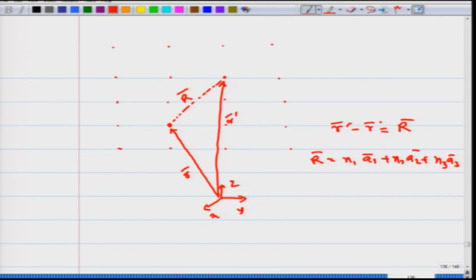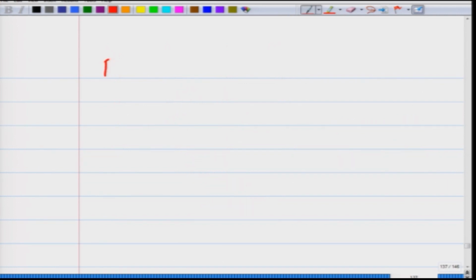Now we come to the concept. Along with the lattice there are some other concepts that we bring in, and another very important concept is that of a primitive cell, or lattice cell, which is associated with any Bravais lattice. The primitive lattice cell associated with any Bravais lattice